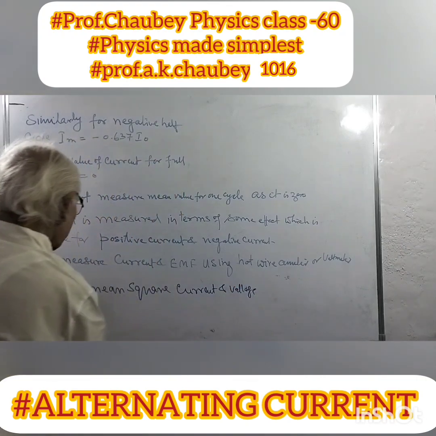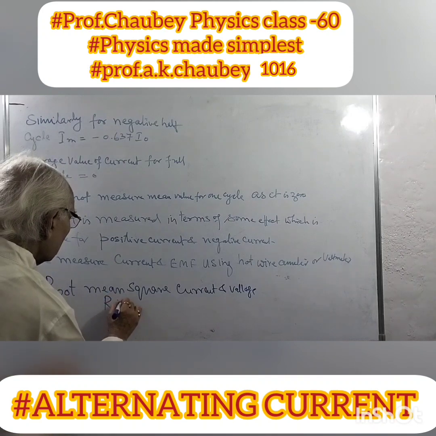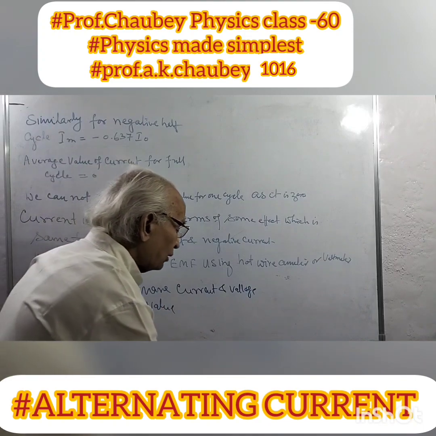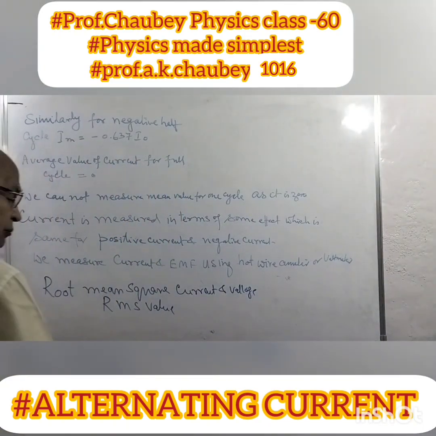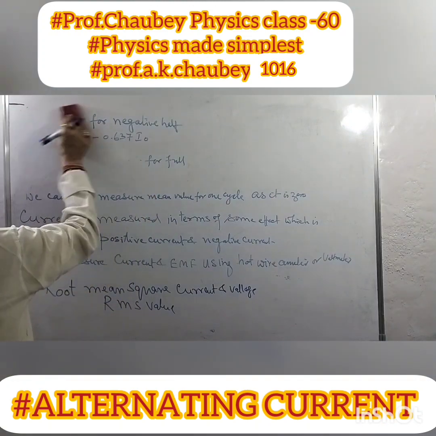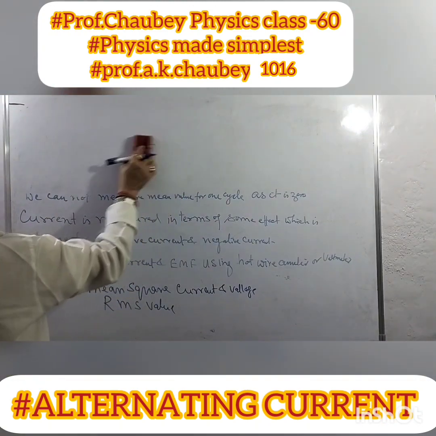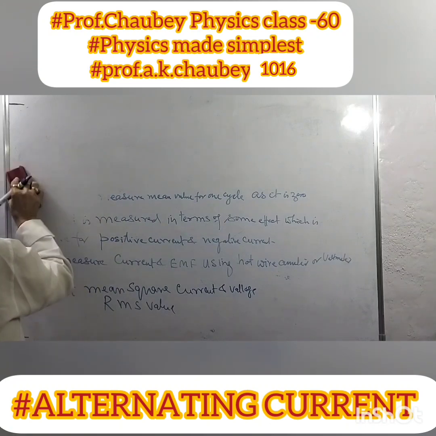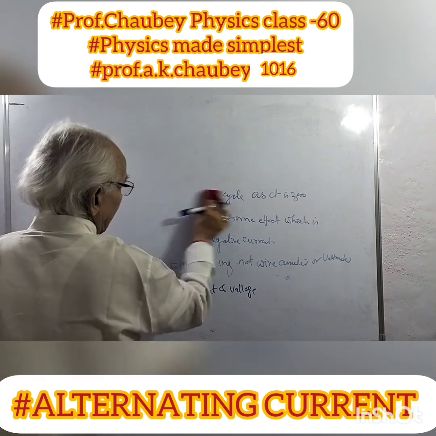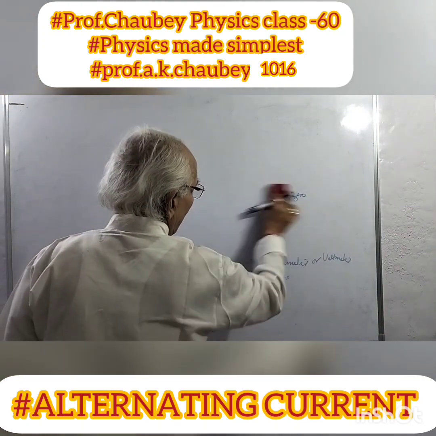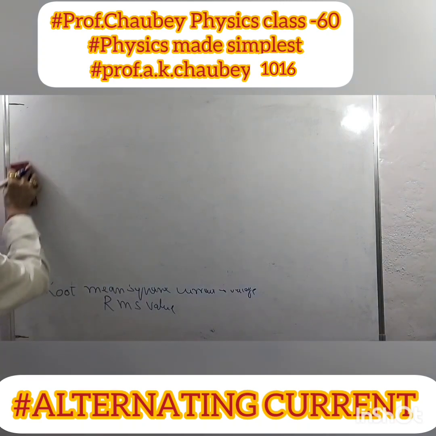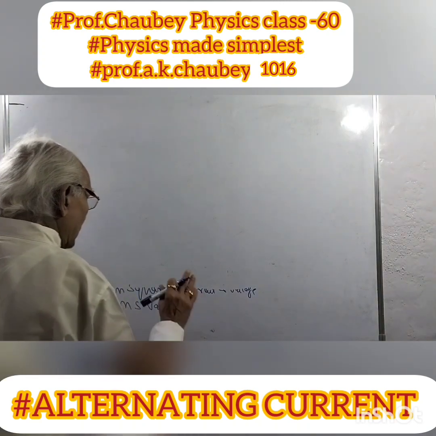So this is called the RMS value. The RMS value of current or potential matters because we cannot measure the average, as the average is 0. RMS means the value of current which produces the same effect as direct current, whether positive or negative, flowing through the wire, producing the same heat. So that much current which produces the same heating effect